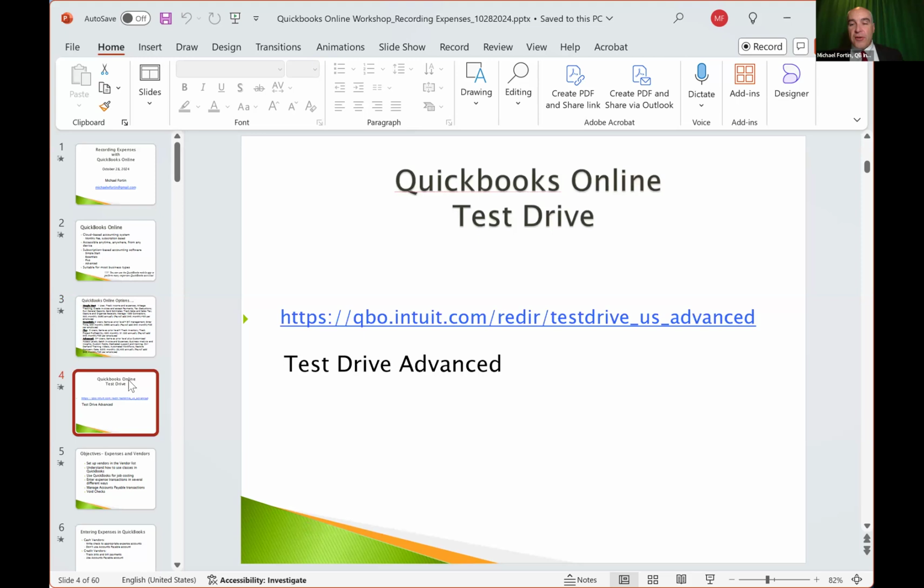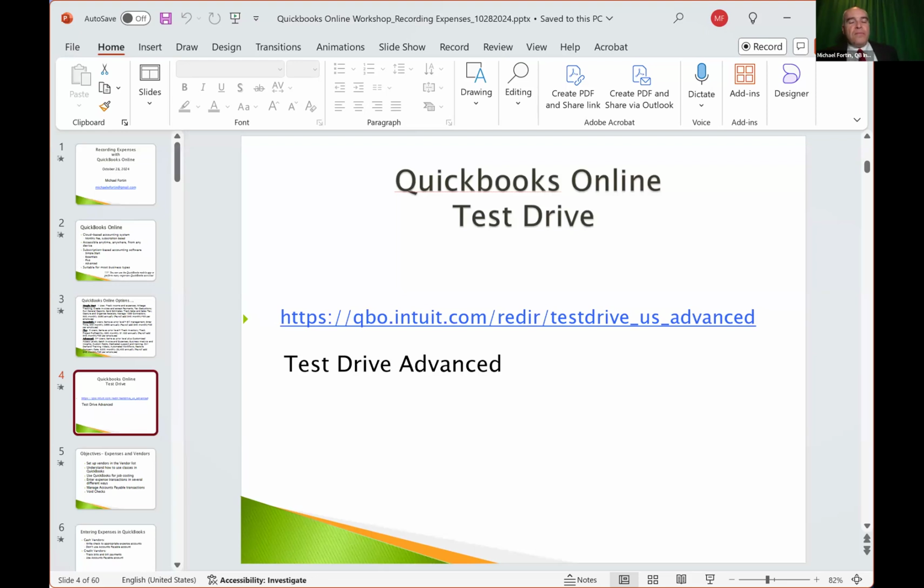And if you use one of the other versions of QuickBooks and you're not familiar with QuickBooks Online, this will be different. It'll look different, and the screens are different. The layout is different. So there's really nothing similar about them. The concepts are the same, but the application itself is very different.